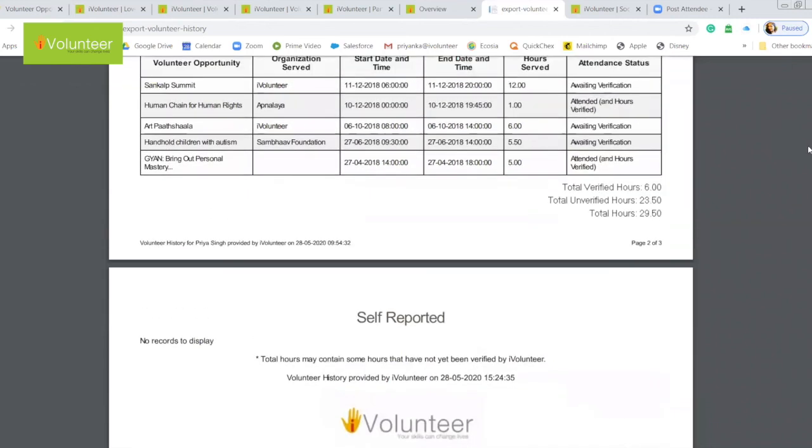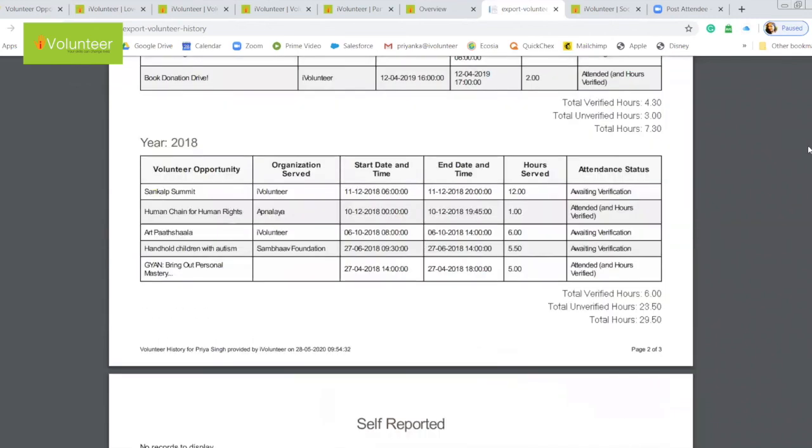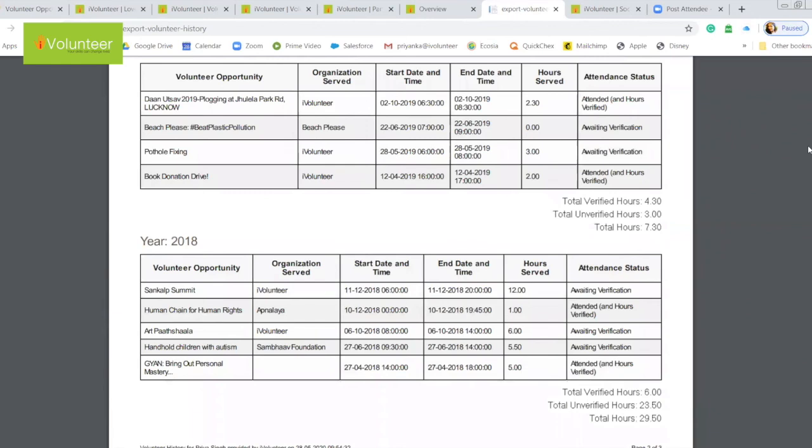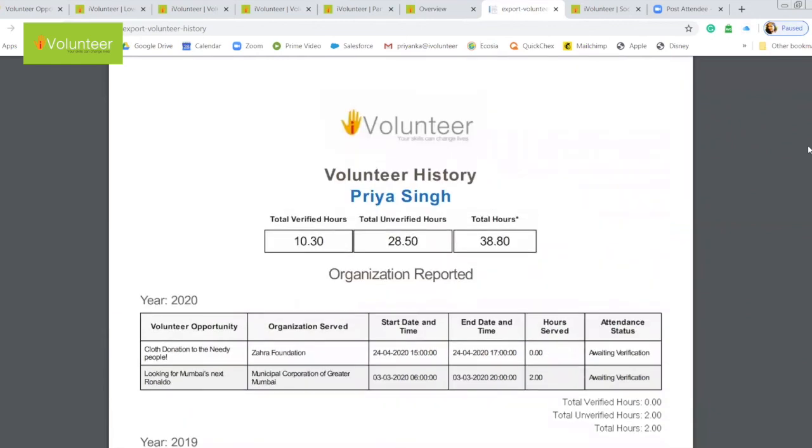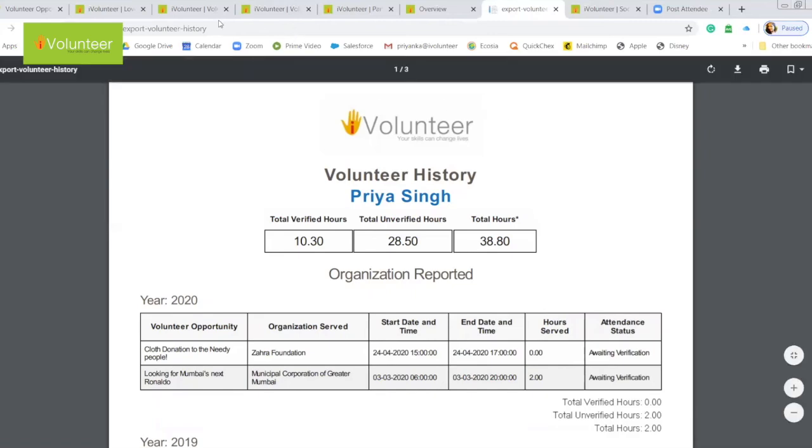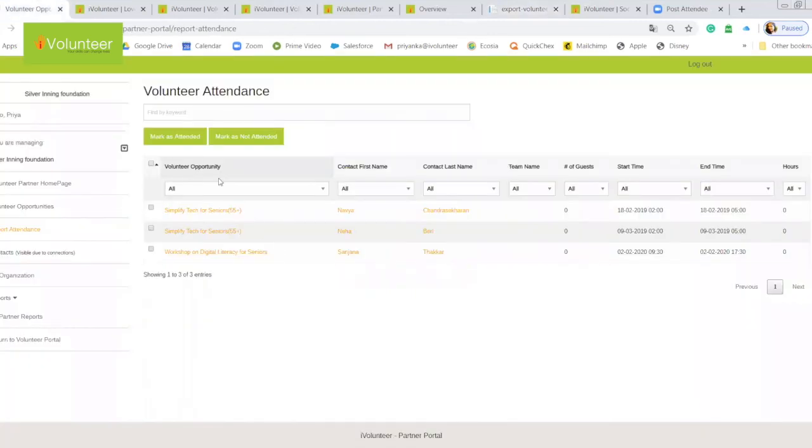So the volunteer can simply take a printout. It makes it so much simpler for the volunteer as well. It's very encouraging for them that they can actually get their reports from here. You can always tell them that you complete your hours and report them there, then I will verify them, and you can extract a report from there itself. You don't have to worry too much about it. That's why marking attendance becomes important, so that the volunteer hours get verified.